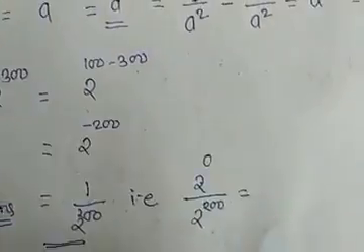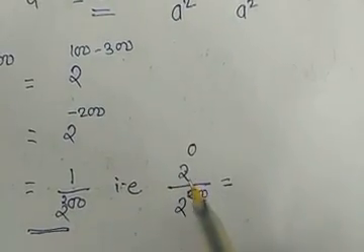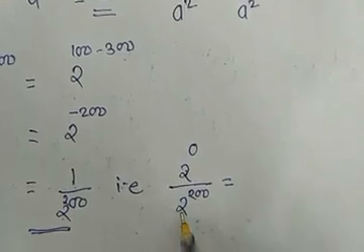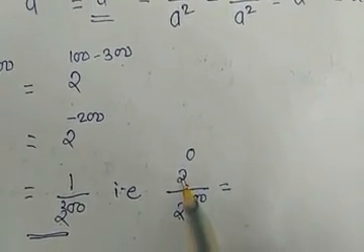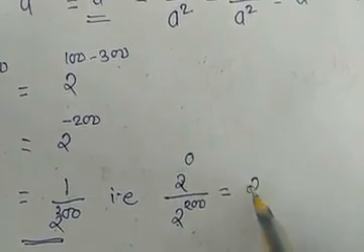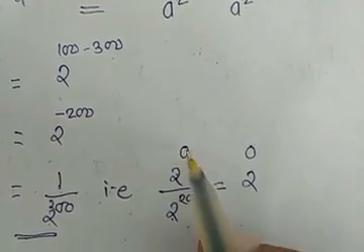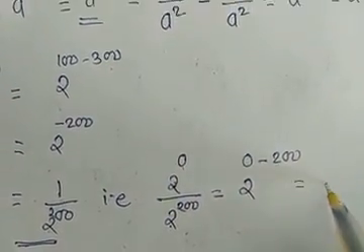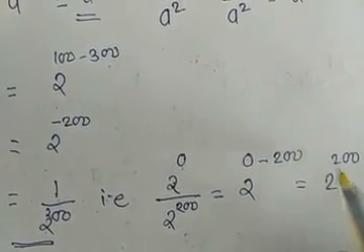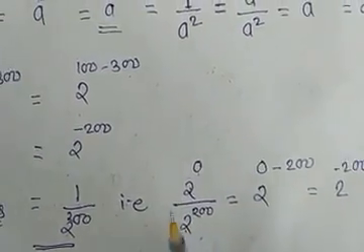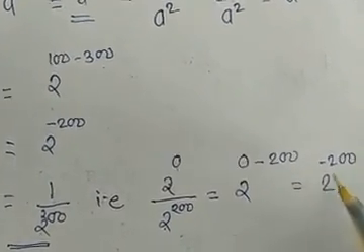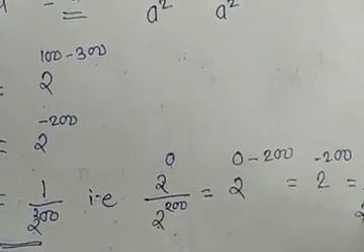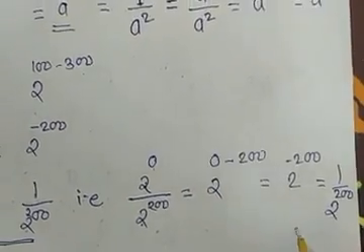Now for your understanding purpose, we can solve it as follows. 1 can be written as 2 to the power 0, since here the base is 2. Now here it is division, 2 raised to 0 minus 200, which gives 2 raised to minus 200. So we write it as 1 upon 2 raised to 200, which is our calculation of 1 upon 2 raised to 200. Okay.